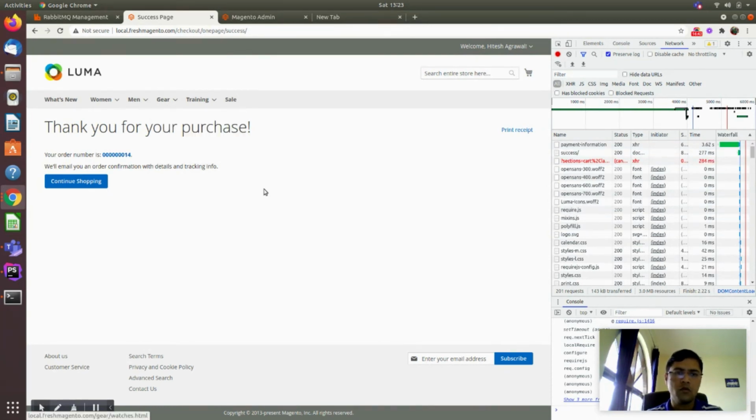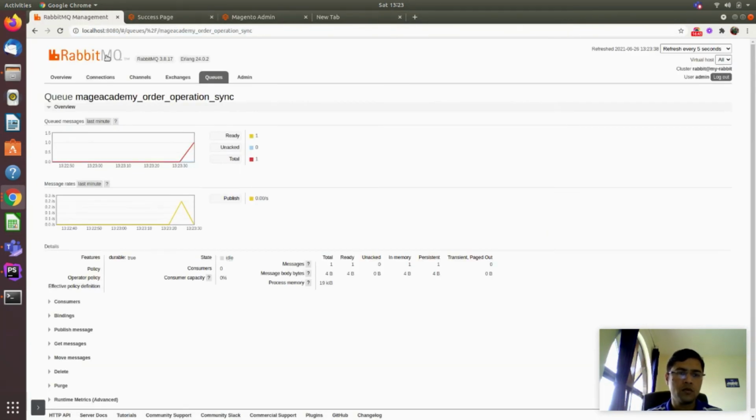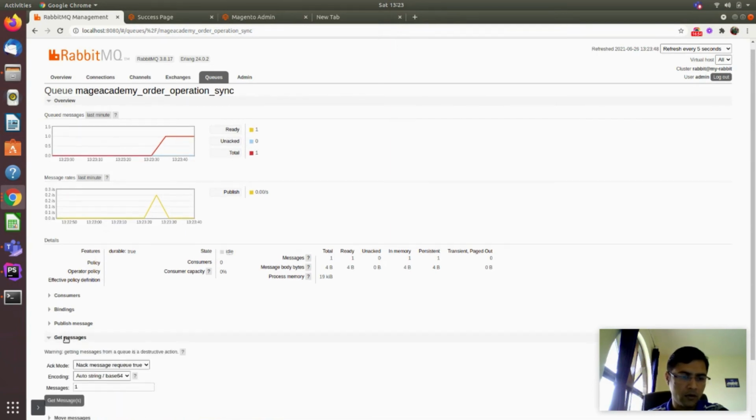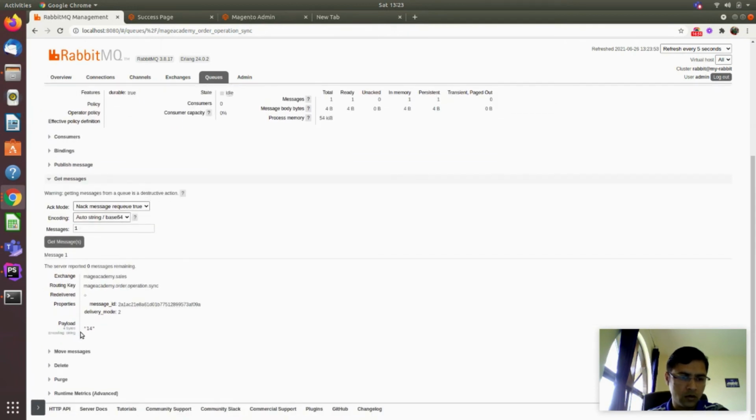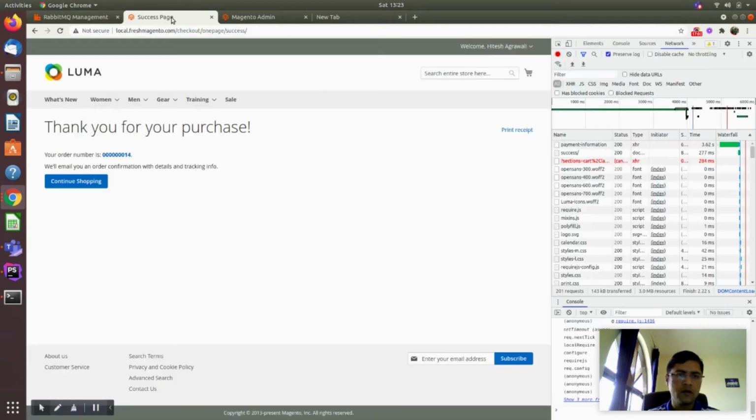Now we will go to our RabbitMQ. Here you can see we have a message which we passed, and if you want to see the message, you will see here. Here you see we have passed this order number.